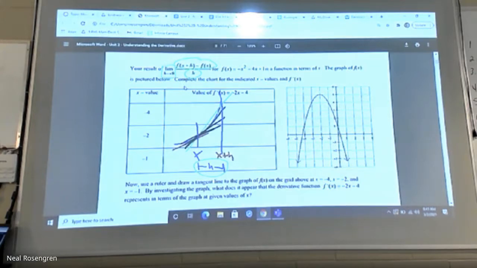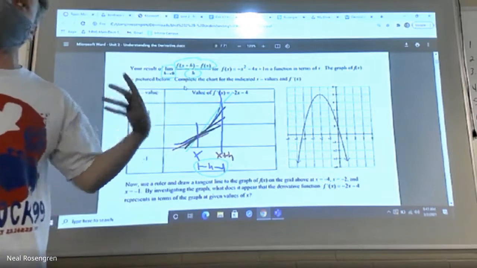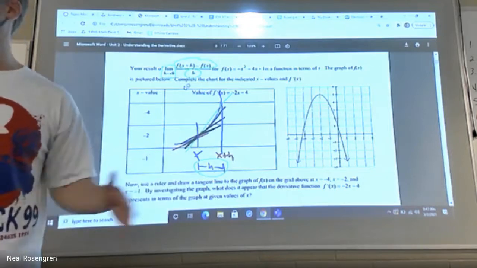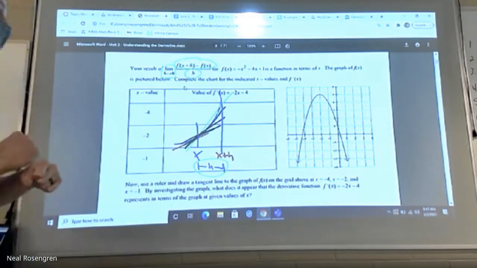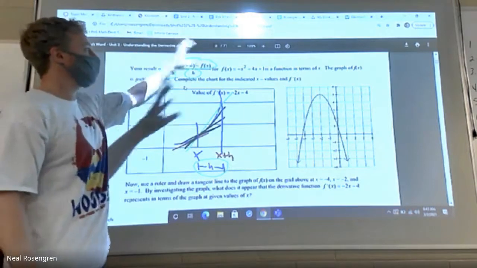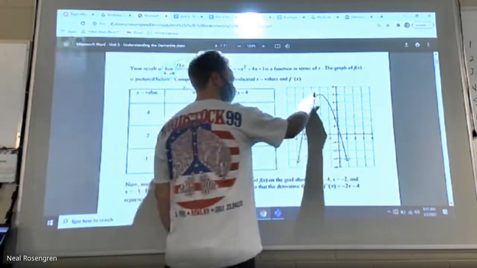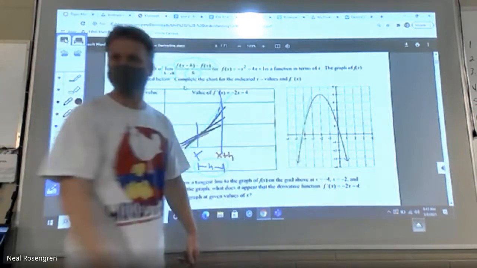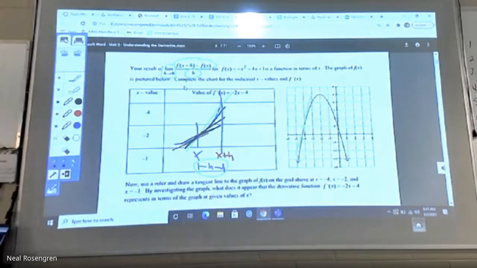Okay? You have to believe that first. And if there is anything about what I'm saying that doesn't make sense, you have to speak up now, because otherwise I think you believe it. You're totally on board with the fact that those two lines are going to be the same, and that the slope of a tangent line, wherever it is, right there at -4, the slope of that line is the derivative at that spot. The slope of the tangent line and the derivative, I'm saying the same thing.